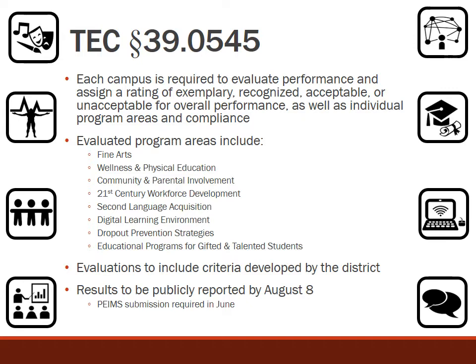Campuses are required to use the ratings of exemplary, recognized, acceptable, or unacceptable throughout the evaluation. This includes each program area as well as an overall rating. The results of the self-evaluations are to be annually posted to the district website no later than August 8th. However, we are required to submit the results of the campus and district evaluations to TEA in our June PEIMS